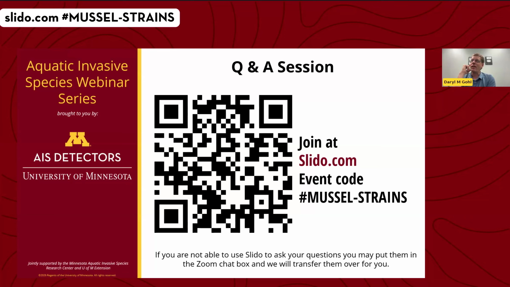In terms of other, more exotic vectors for spread, a couple of years ago there were also zebra mussels that were discovered in pet stores. A number of pet stores were selling moss balls for aquariums that were found to be carrying zebra mussels with them in many cases. And so we have actually also gotten our hands on some of the samples from those pet store moss ball samples that we're taking through this genotyping process.